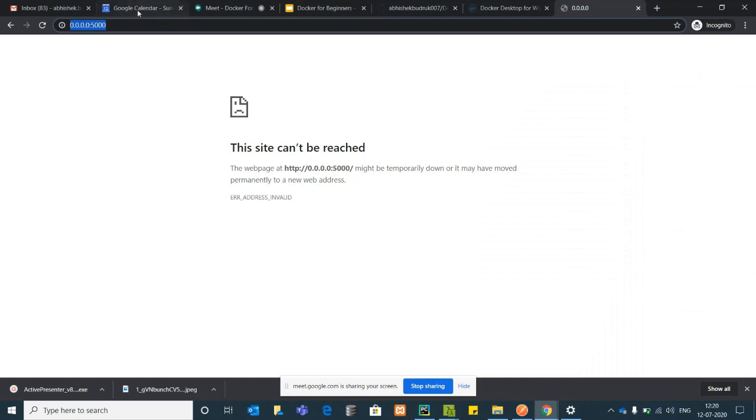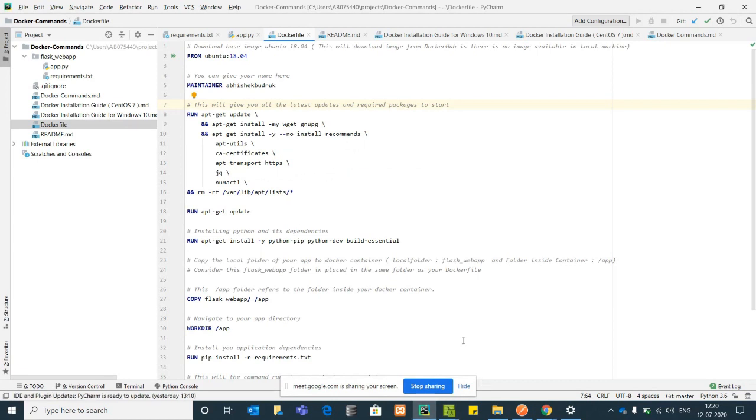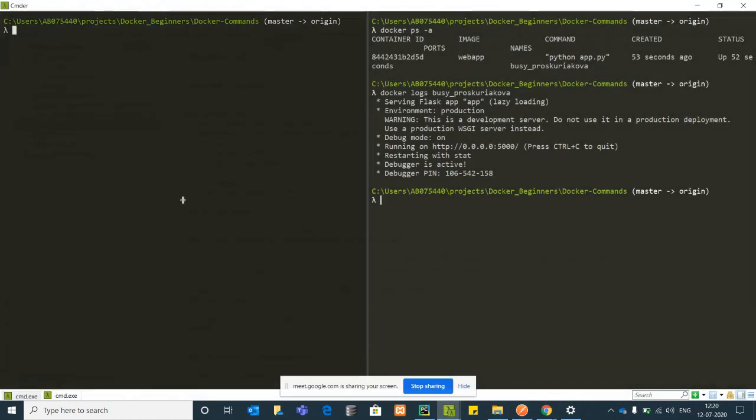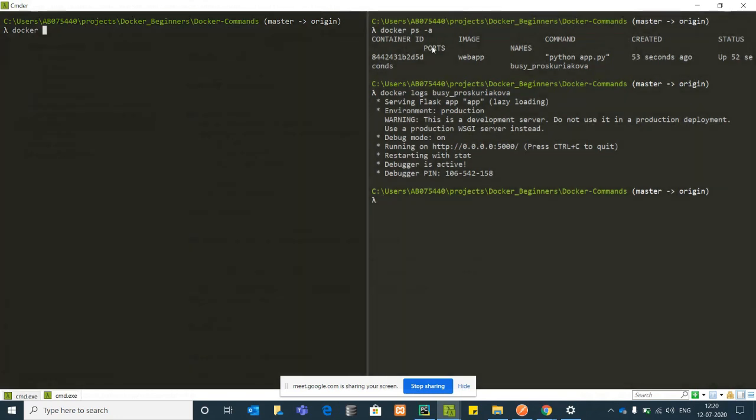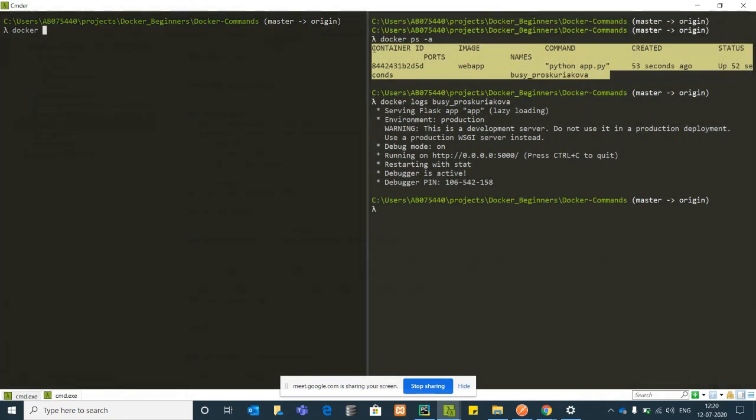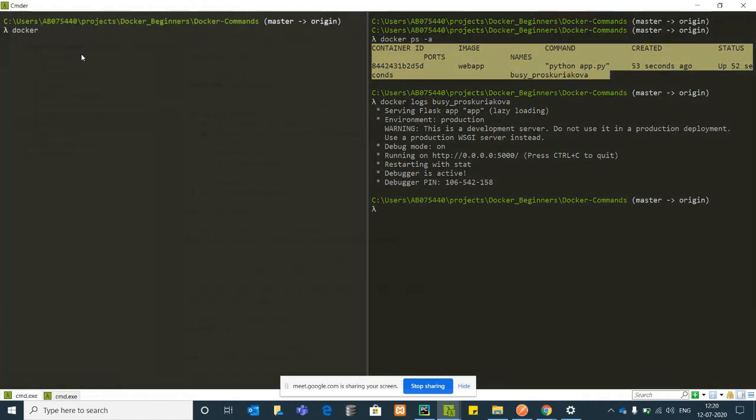Now I launch another container, first without the ports. You will not see any ports mentioned when you check this container.